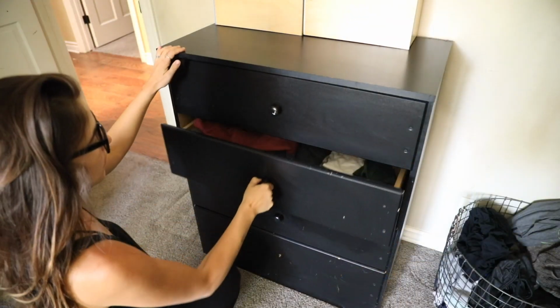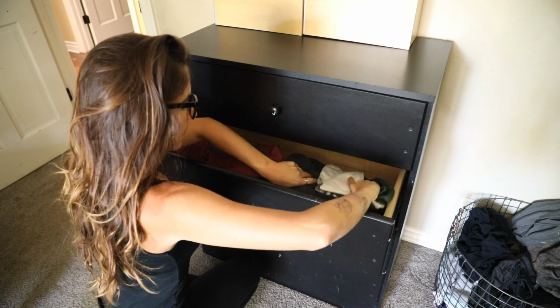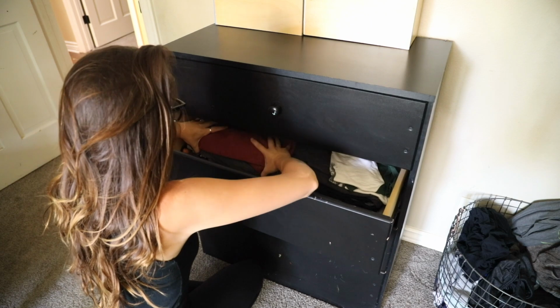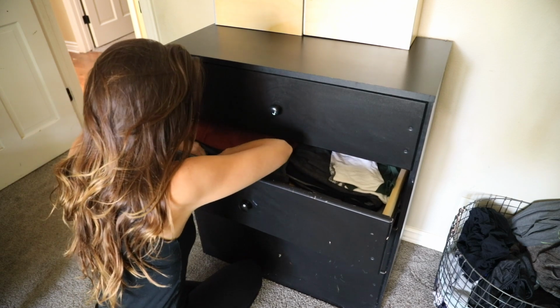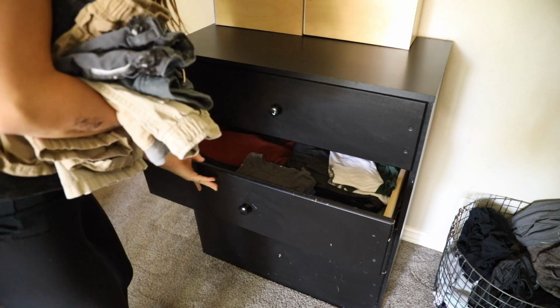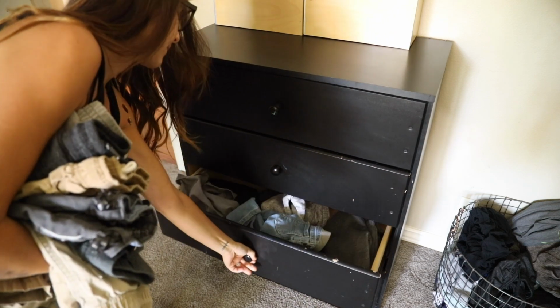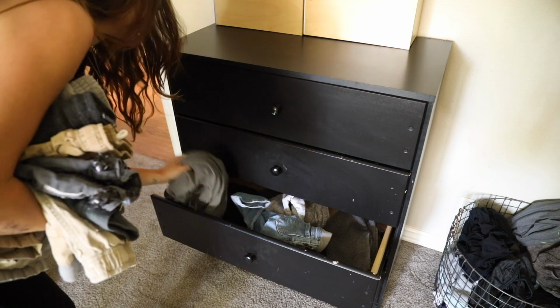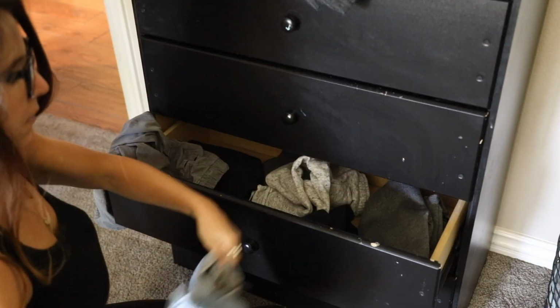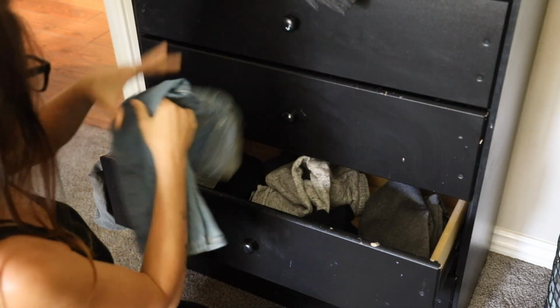Next up, I wanted to reorganize the boys' bedroom and specifically their drawers. So normally I will reset the house on the weekends. And last year that was my routine, to try to get everything in order on the weekends. But now I can almost do a reset every day during the school day. Just make sure that the drawers stay nice and organized,